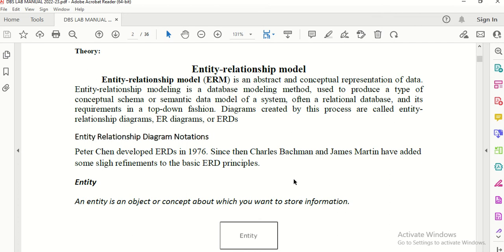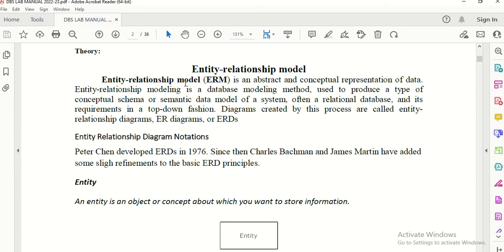After the entity relationship diagram, we can prepare the relational schema, which works as the interface between the entity relationship diagram and the actual database. So first of all, let's try to understand what is meant by entity relationship diagram.